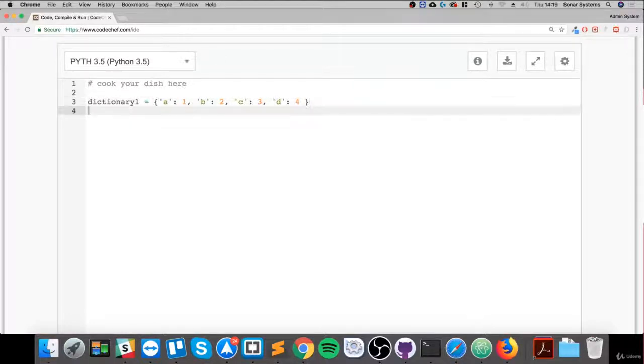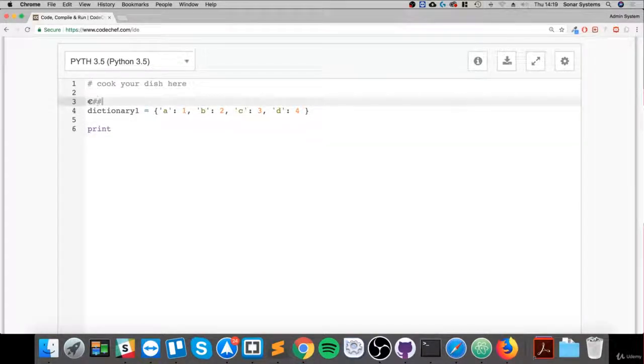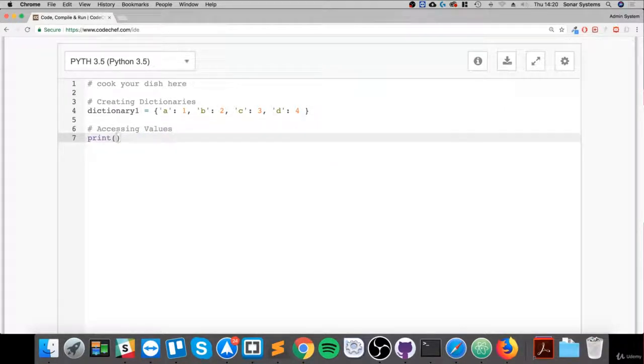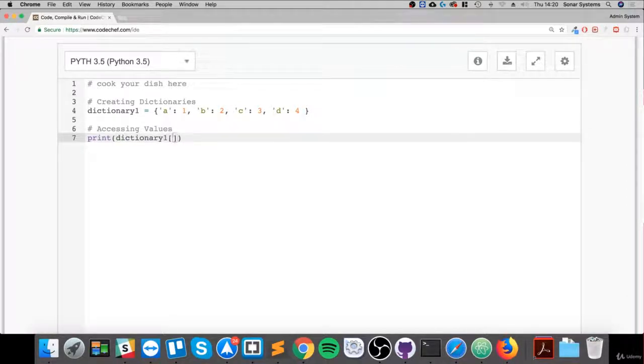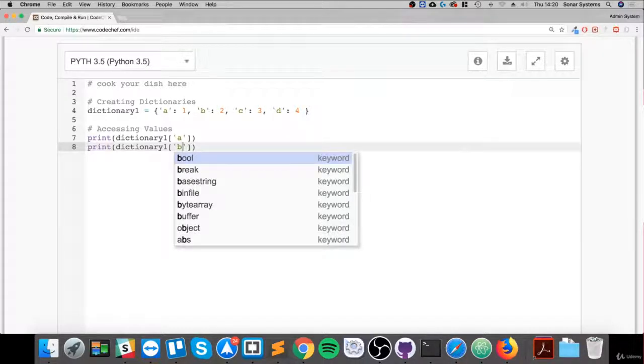So accessing values is simple as well. Let me just comment this: creating dictionaries, accessing values. To access a value, pretty simple. You just put the actual dictionary name, square bracket, and the actual key. So if I put A, and then if I were to put, let's say, B here, for example,